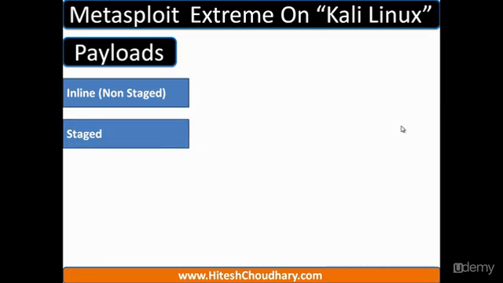The next one is, of course, staged. Staged payloads work in conjunction with stage payloads in order to perform a particular, specific task. A stager establishes a communication channel between the attacker and the victim and reads in the stage payload to execute